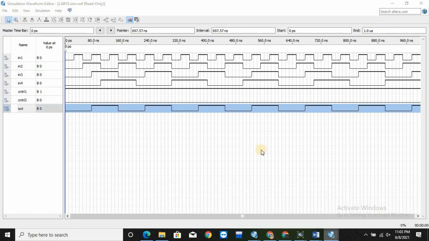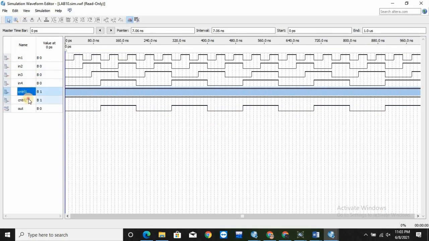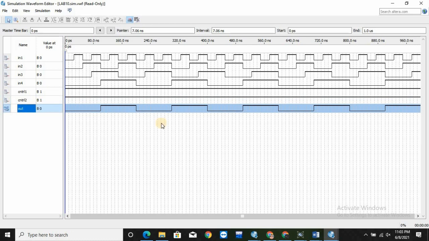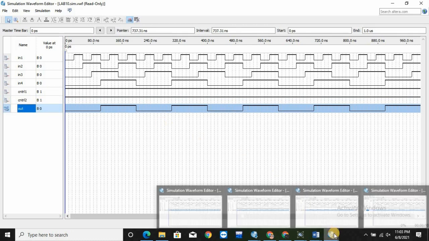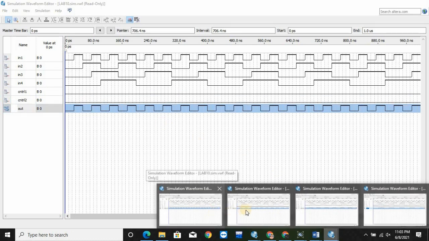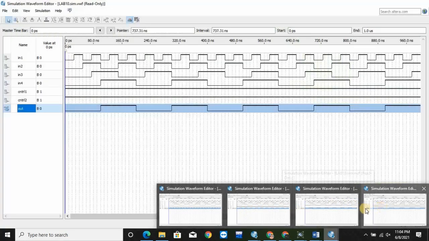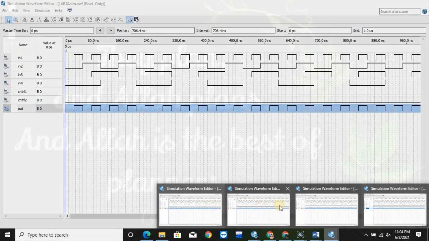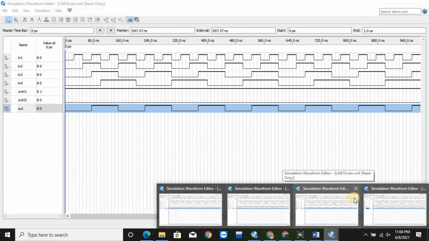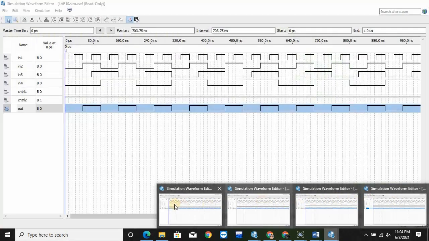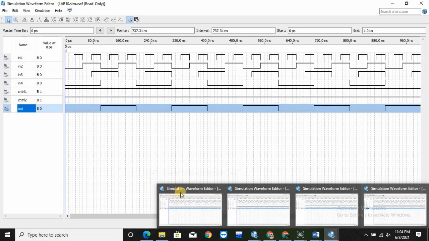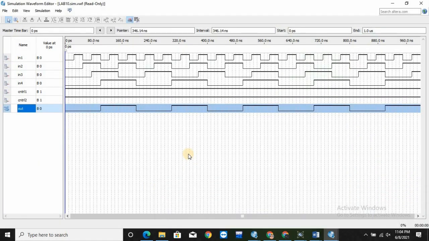And if we supply 1 1, we'll get fourth wave at our output. Now you can see changing the selection lines or the control lines changes the signal we get at our output. So this is the implementation of mux, and that's all for this part of the video. Now we will be moving to the next part of our video.